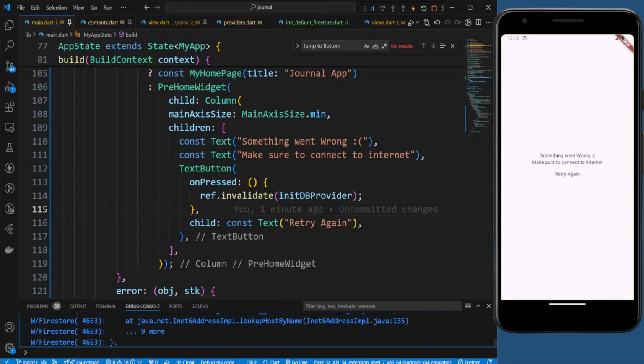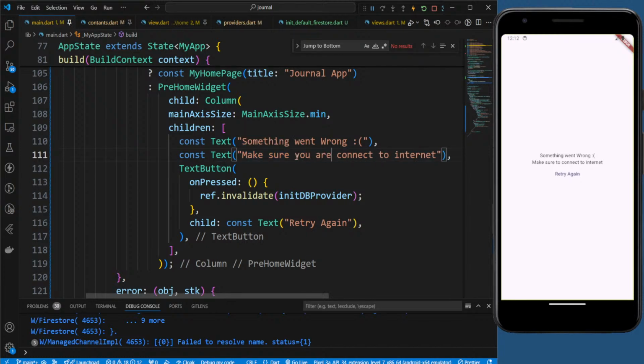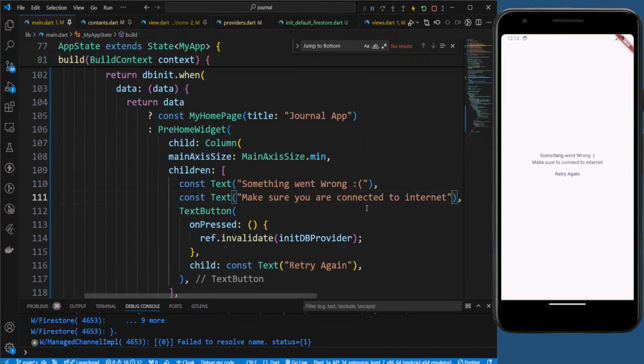Let's retry again. So make sure you get to internet, and this one we can make a little bit bolder text, right? Or what we can do is